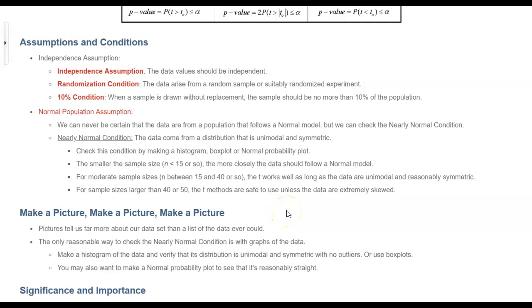For the student t-test, as we know, because the sample size n is less than 60, we have to check if they met all assumptions and conditions. In this case, we have the independence assumption, and then the normal population assumption. We can never be certain that the data are from a population that follows a normal model, but we can check the near